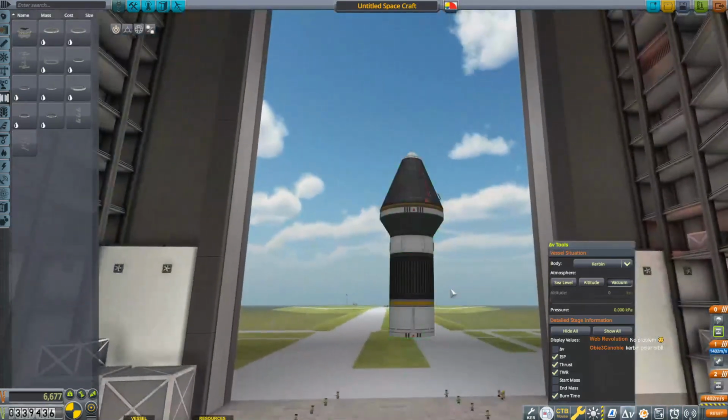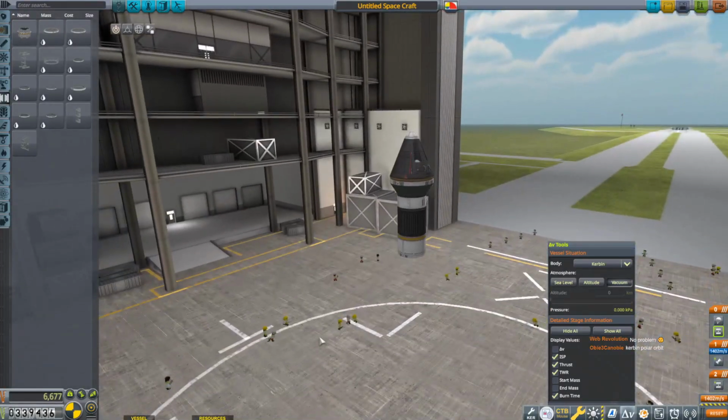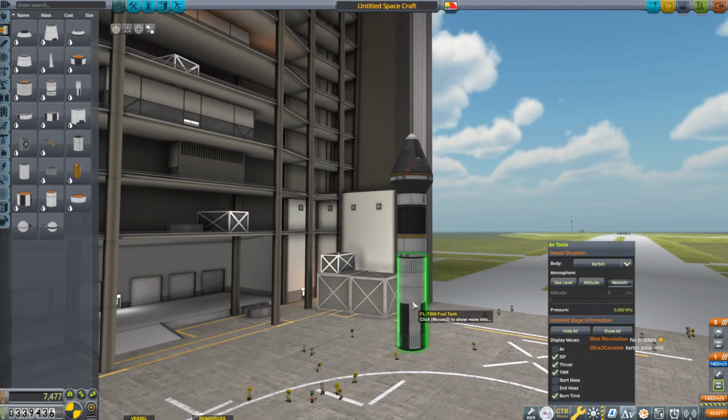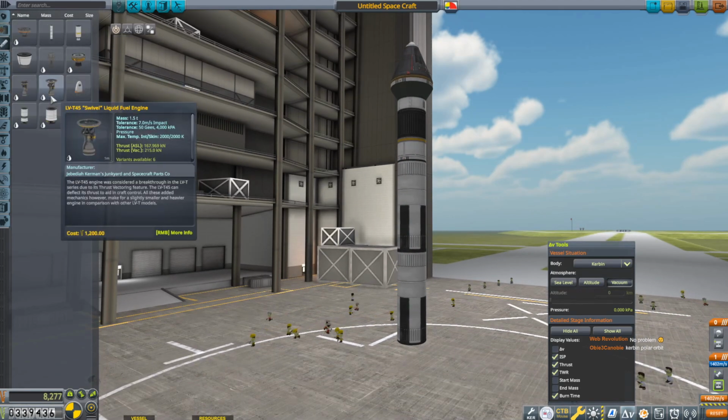And I don't think I need to enclose. I think this is plenty streamlined enough. I don't really see an issue here. Now I need to get up and around. Put that there. Let's see what it's like just with one of these guys. Maybe two of them. This might be too heavy. What engines do I got? I still don't have the...